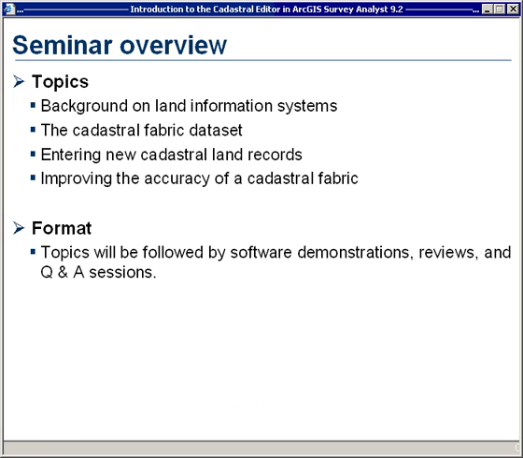In today's seminar, we will discuss four main topics. First, we will cover some background information on land information systems. Then we'll present a new kind of data set called the Cadastral Fabric, how to add new land records to this data set, and finally, how to make use of the data to improve the coordinate positions represented by the Cadastral Fabric. Throughout the presentation, we'll be presenting examples on how to use the Cadastral Editor tools through software demonstrations,